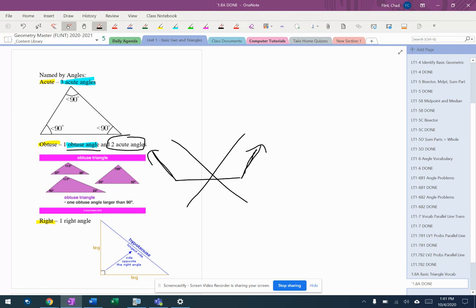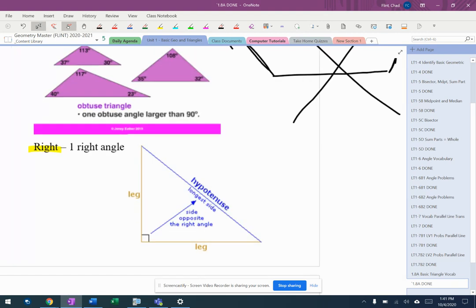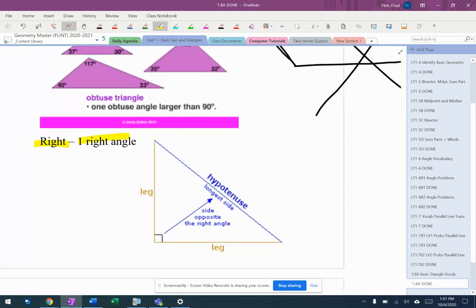Okay, because the third kind of thing here is a right triangle. All right, a right triangle has one right angle, and for some reason I didn't put this on there, but it also has two acute angles. So every triangle has two acute angles, and then basically the third angle decides whether it's obtuse, whether it's right,